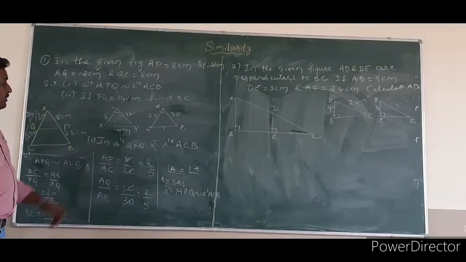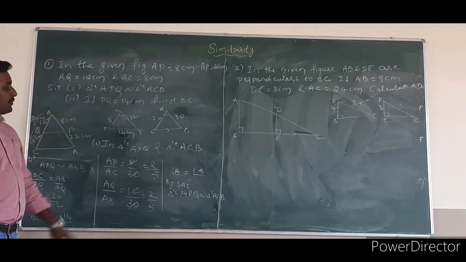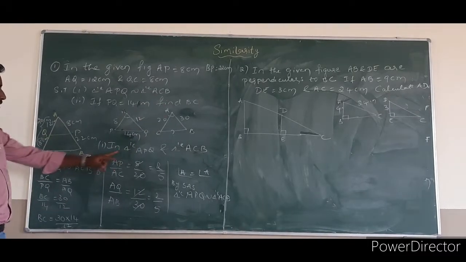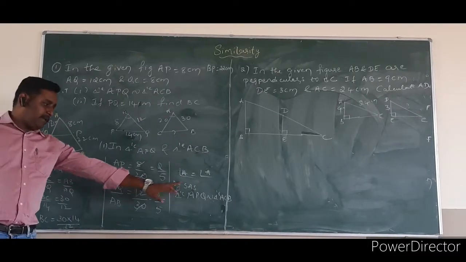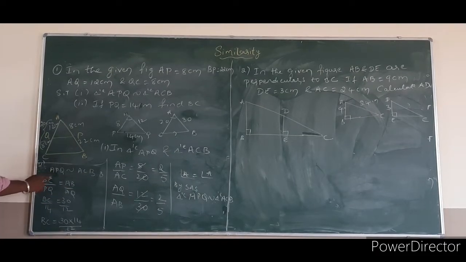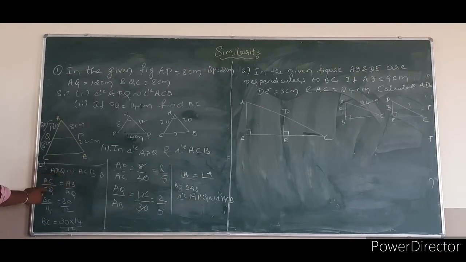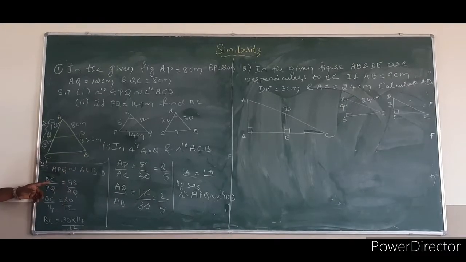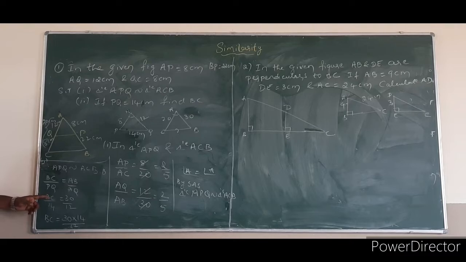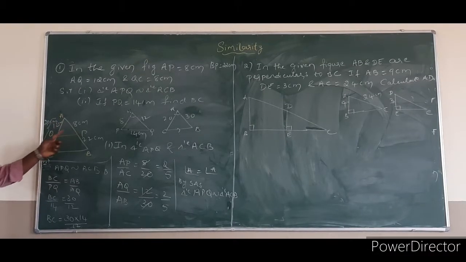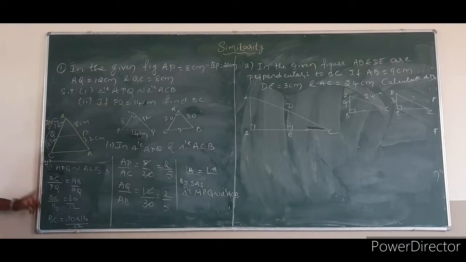So next, in next condition, PQ is equal to 14 centimeter, find BC. So that's why I am considering, already we proved APQ is similar to ACB. In that one, corresponding sides are proportional. That is BC divided by PQ, AB divided by AQ. So we want to find out BC side. Let us keep as it is. PQ is equal to how much they are given? PQ 14 centimeter they are given.